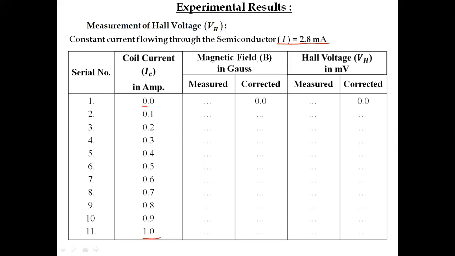I told you that in this experiment we'll fix the current passing through the semiconductor. At the time of the exam, any value can be given. Say you are asked to fix the current to the semiconductor as 5 milliampere. So this will be fixed to 5 milliampere. Then we need to vary the magnetic field, and for that we'll change the current through the electromagnet by changing the coil current. For different coil currents, we will get different values of magnetic field and we will also measure the output, that is the Hall voltage VH. So now I'm switching it off.